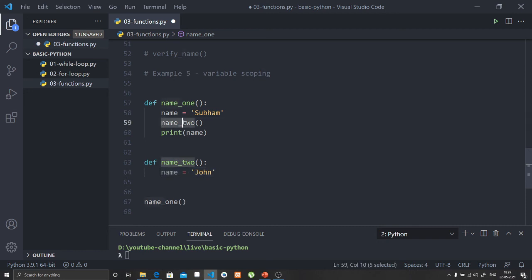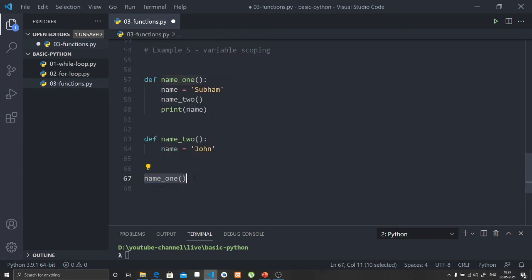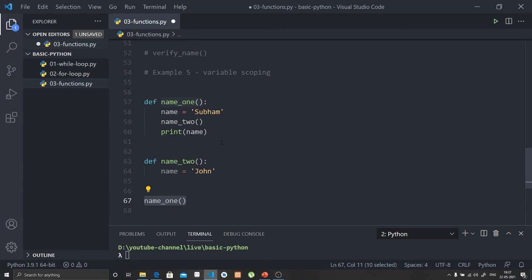I am calling the second function in the first function. So this local variable will be created and will be destroyed after this function call. Then there is no existence of this value. So it will always print my name when I execute this print statement.